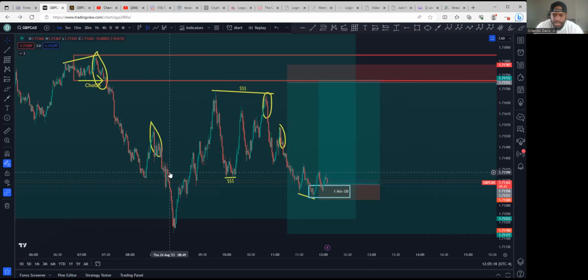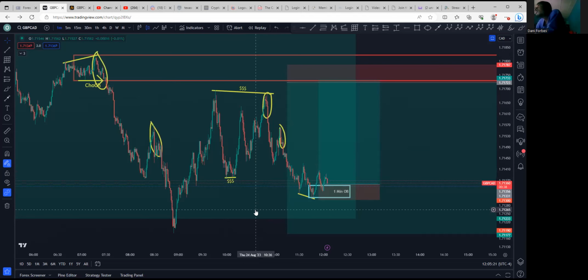So regardless of what happens in this trade, we took the setup based off of confirmations. It doesn't matter. Okay, cool. If it hits the stop loss, so what? We have a profitable system that we trade. You just trade the system. And then you don't want to be emotionally attached to your trade and be like, oh, well, I'm gonna go